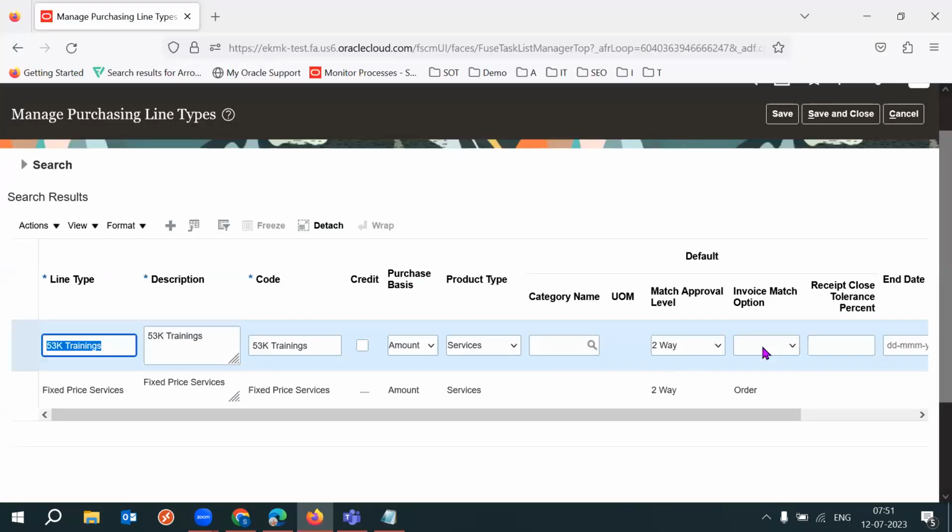Okay, now invoice match option. Since there is no receipt for trainings, I would like to match the invoice with the order, not with the receipt. I'm selecting order. And this receipt cost tolerance is nothing but, if you enter 100% here,